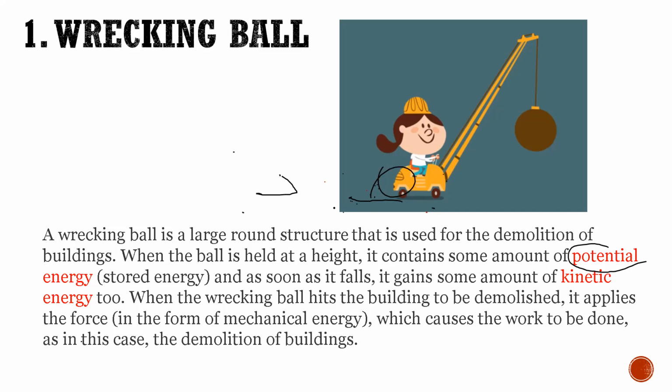I'm sorry, I want to move it because I cannot now. So here, when it was held, when it's not moving, it has a potential energy. When it starts to fall, it's in motion. When it starts to move, it has now gained a kinetic energy. So at the beginning, it has a potential. After it starts falling, it gains kinetic energy.